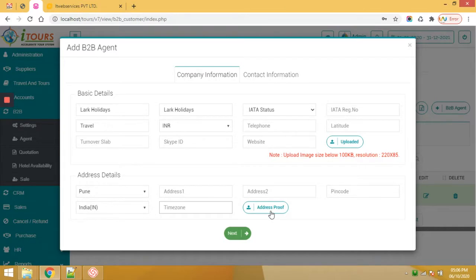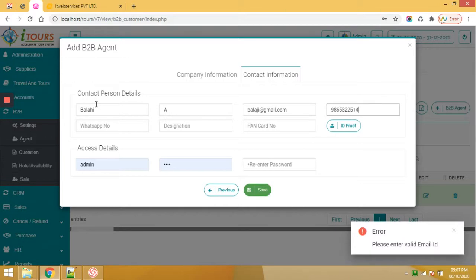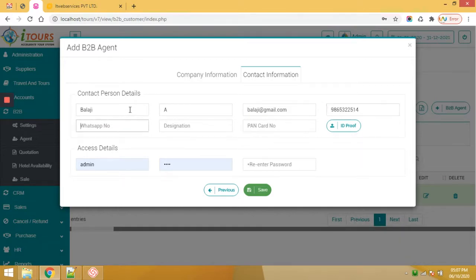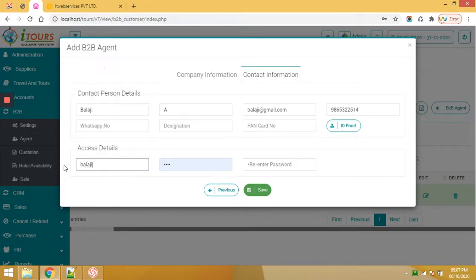Next, here we can define the concerned person details, and their individual username and password. On save, the details will be sent to the travel agent with the agent code and login details.